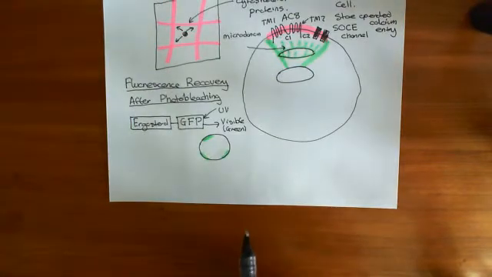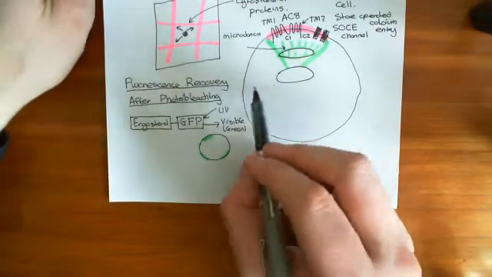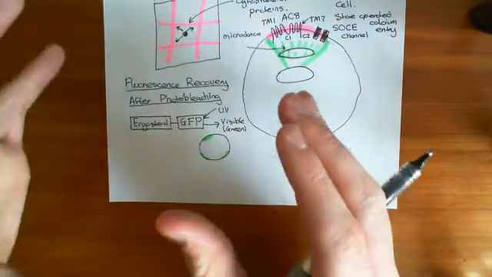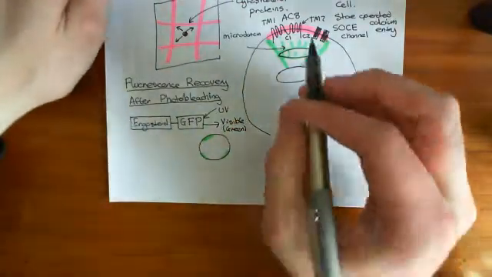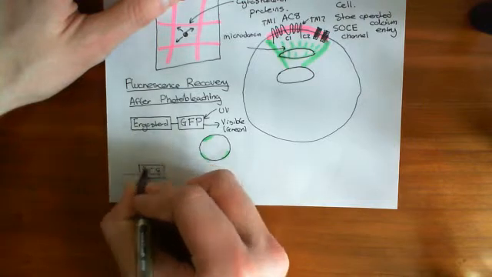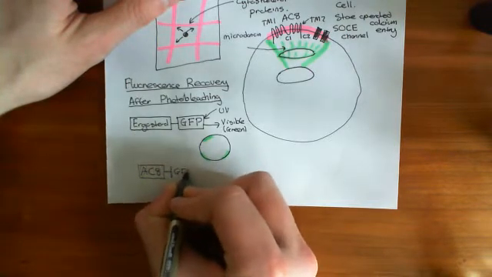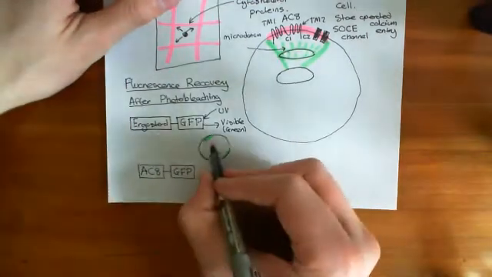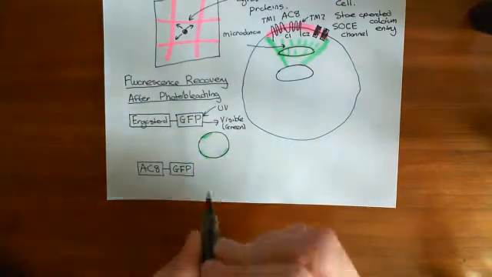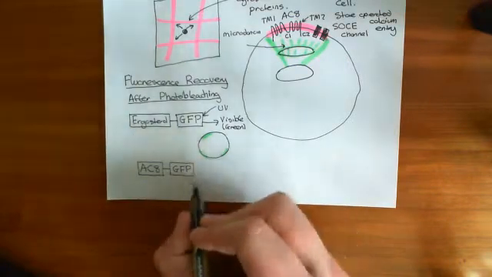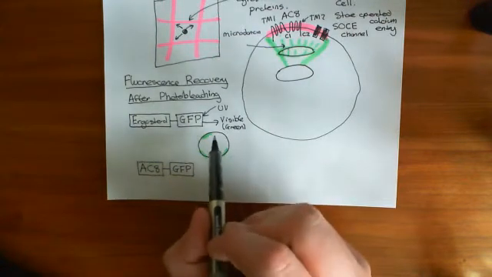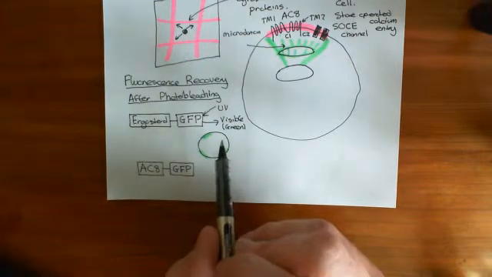Let's now see how we can see that these lipid rafts actually do have some sort of different kinetics. So let's tag adenylyl cyclase 8 with green fluorescent protein. Again, what we'll see is that it will be localized to these lipid rafts. But actually, that's not fluorescence recovery after photobleaching either. What we can do to try and understand how these lipid rafts are different from non-lipid rafts is that we can take a